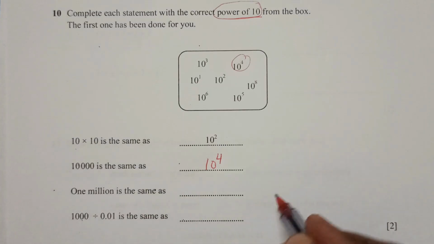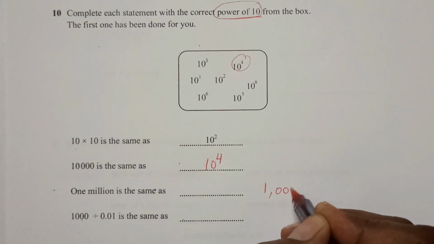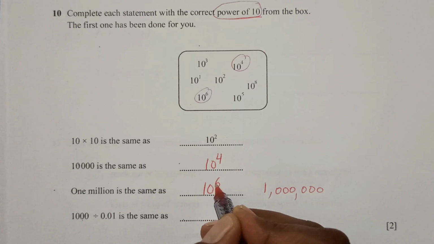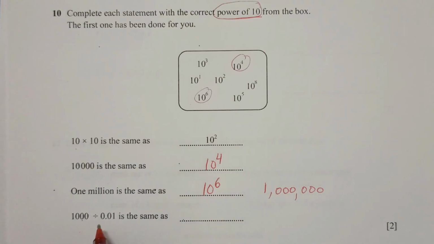Then 1 million is the same. 1 million will have 6 zeros with 1. So 1 million is 10 power 6. So we have it here, 10 power 6. Then 1000 divided by